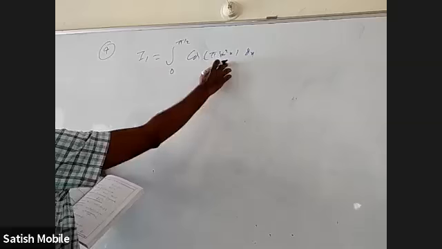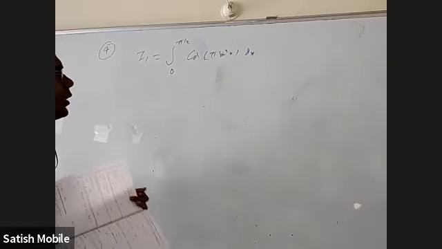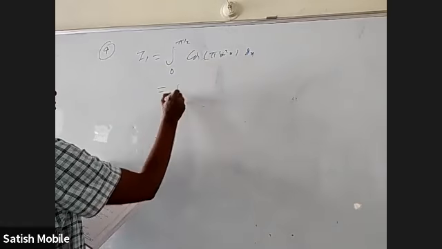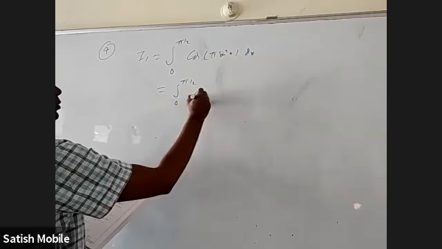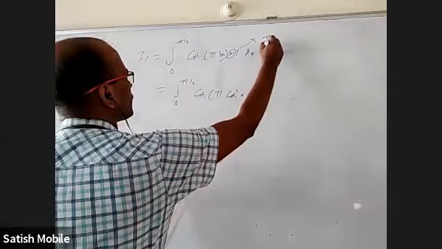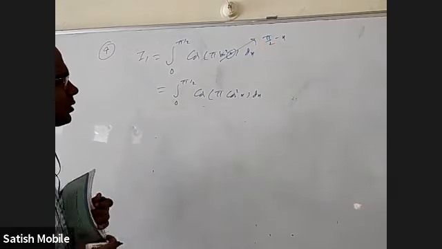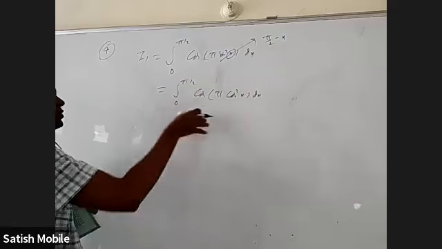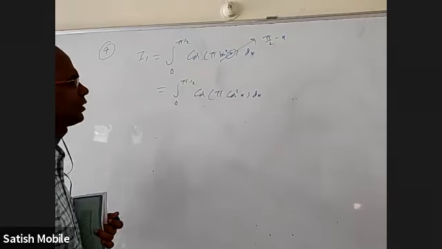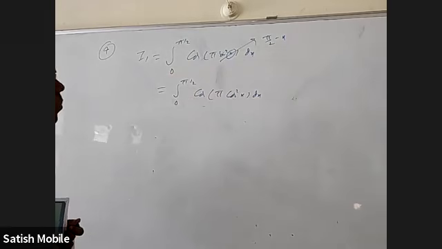If I replace x with a minus x, because 0 to a f of x is same as 0 to a f of a minus x, I can write x as pi by 2 minus x also. So 0 to pi by 2 cos pi cos square x will come when you replace x with pi by 2 minus x. But it is not of much benefit. I can add these two and do some transformations if required. Or I can write directly 1 minus cos 2x by 2.